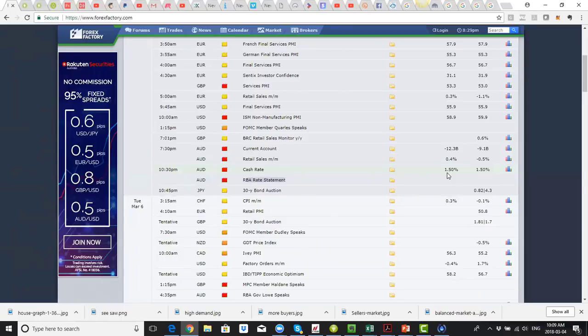The Reserve Bank of Australia has actually been quite, they haven't been dovish, but they have been concerned about the economy. They essentially said last time that they don't expect the economy to hold up as well as it has been, and hence they're not looking to do any interest rate hikes. However, as things change, their commentary could change as well. So that's why we need to pay attention to this.